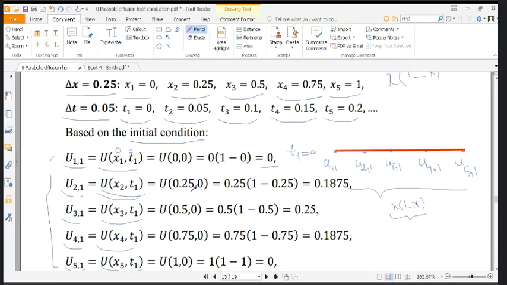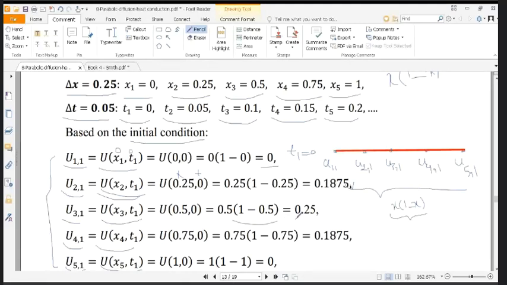When we put x times 1 minus x in there, the value of u2,1 is 0.1875. For u3,1, meaning u at 0.5 and 0, we have 0.5 times 1 minus 0.5, and